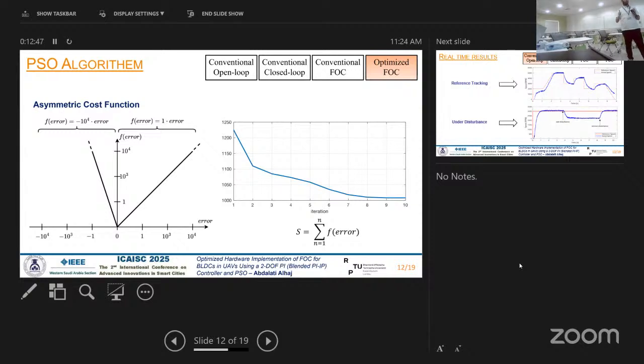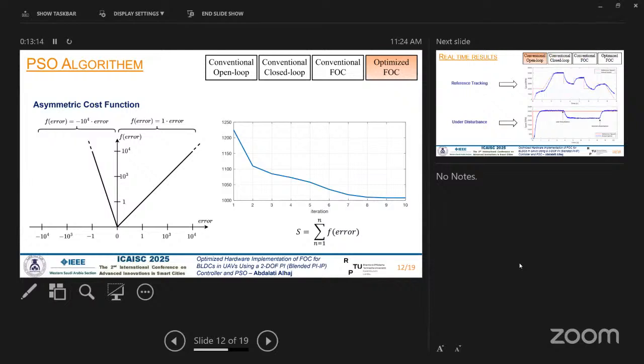If we use, let's say, an integral square error or integral absolute error cost function, we can achieve minimum error of the system, but with some overshoot. And in this application, because it's a quadcopter or drone, we don't want any overshoot, because that could lead to some